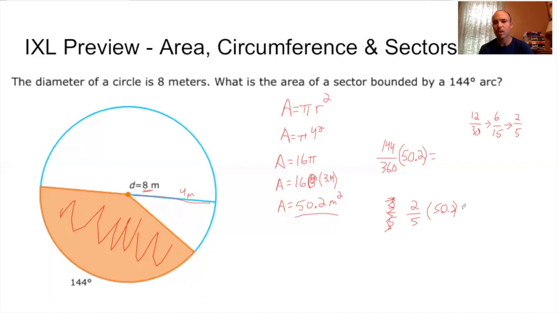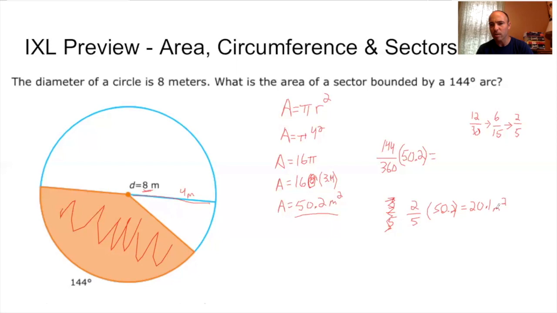All right, so anyway, I just multiply, I guess I'll just do 50 times 2. Or I should say 50.2 times 2. Let's be exact here. Equals 100.4. And then what I'll do is I'll take that 100.4 and divide that by 5. And there I got 20, and rounded to one decimal place, 20.1